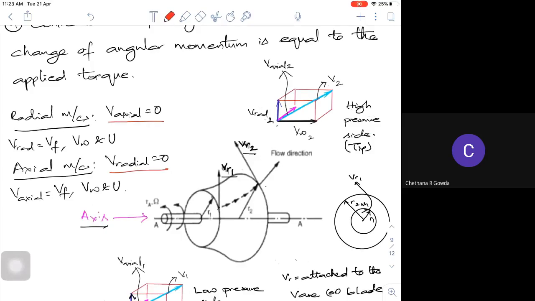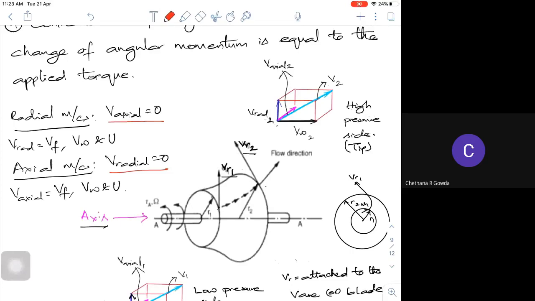Now what will happen if it is a mixed flow machine? In the mixed flow machine, I have to resolve the component. I have to get the resultant component of axial and radial so that I get one more component. So your velocity diagram will be drawn between your whirl component and the resultant of radial and axial flow, which is much more complicated. Fine. But right now we are dealing with the radial flow machines and axial flow machines. In radial flow machines, the axial component is 0, and in the axial flow machine, the radial component is 0.